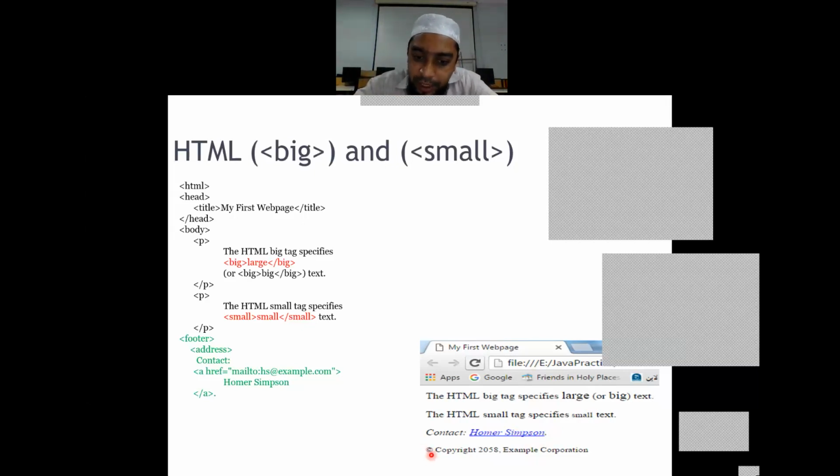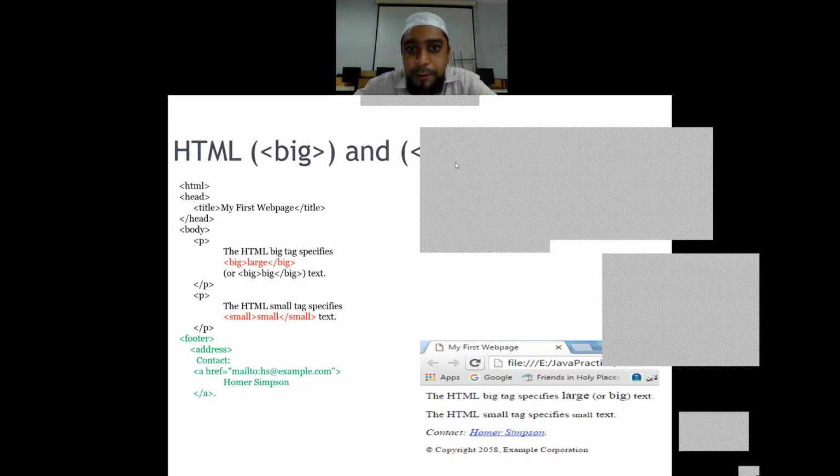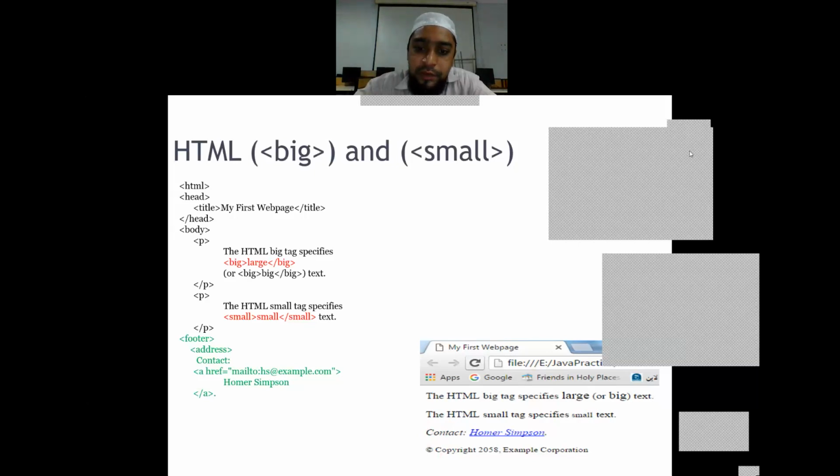Then we have got one copyright symbol coming here. Inside a circle there is a C, which is called the copyright symbol. And then I have written here copyright, some year in which that copyright was made, and then the organization which is holding that copyright. So we'll see now how to introduce these things. What are the tags required to make these things appear? So first and foremost, where do we keep these details? We'll keep these details as the last part of our web page.